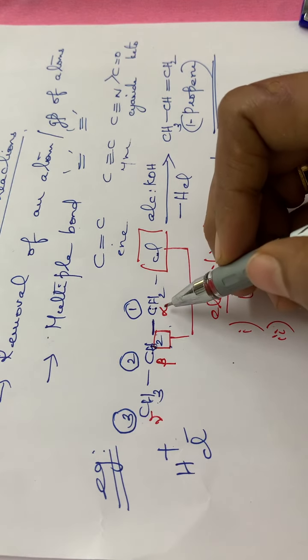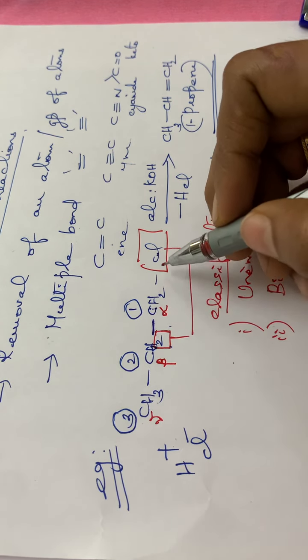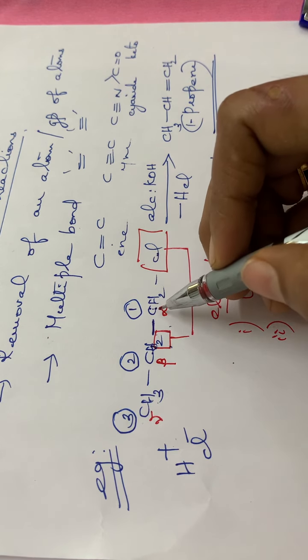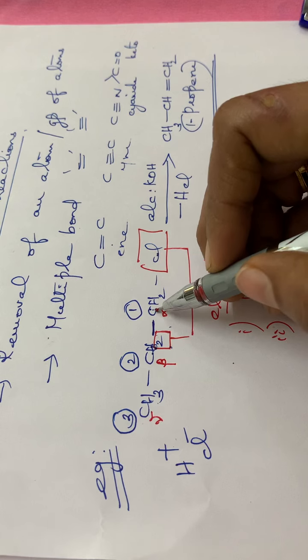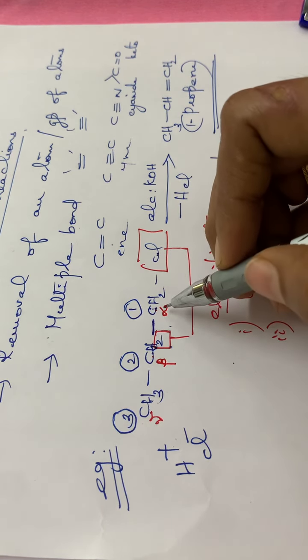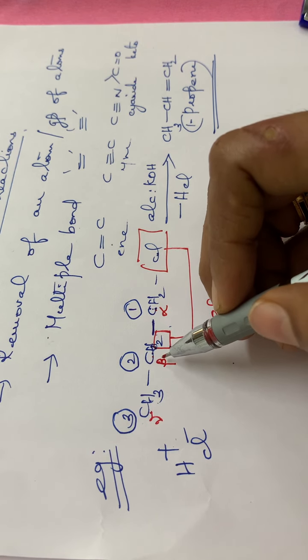Okay, so this is how we are naming. I think you have studied the IUPAC nomenclature. So this is the alpha carbon atom, that means the carbon atom to which the functional group is attached. This is the alpha, this is the beta carbon, and this is the gamma carbon. For the time being, you have to consider this alpha carbon as well as the beta carbon atom.